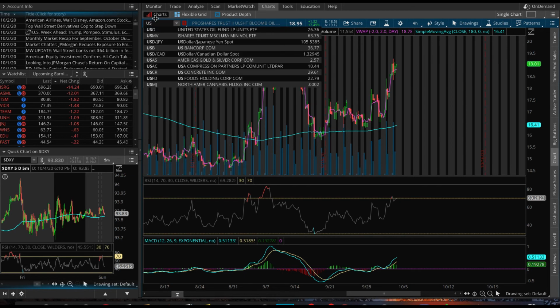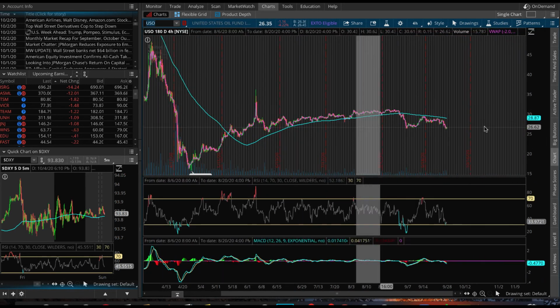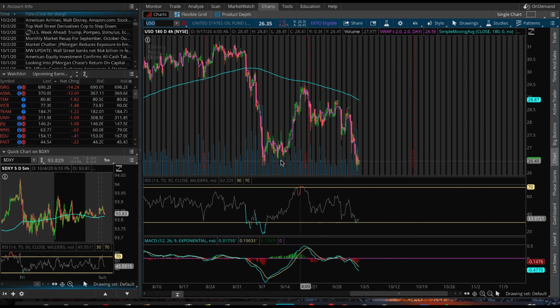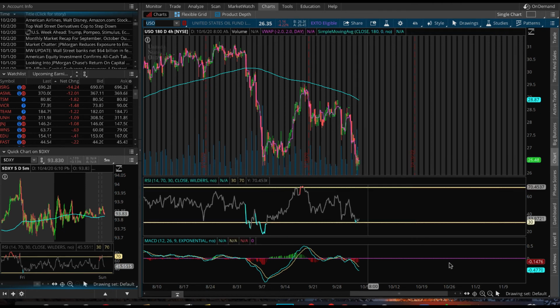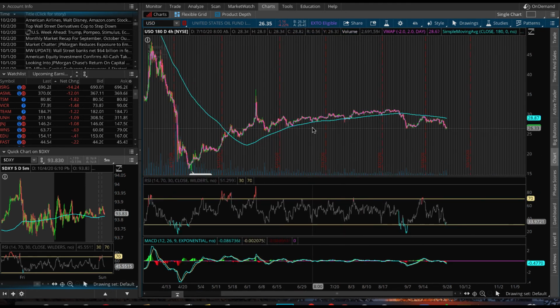This goes hand in hand, obviously, with the double bottom we have here in oil. Not only have we actually broken below this double bottom here in oil, but now, like I said, we have this catalyst that they're not going to cut back on oil production. So what does that do? It just furthers our chances of a drop lower here. And on top of that, the next range for oil would be down to this 23 level on USO.